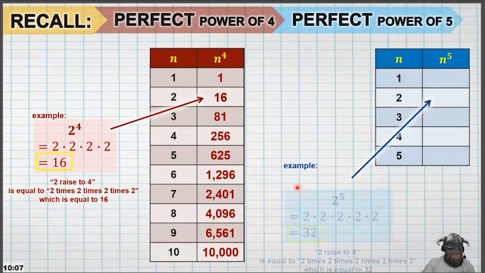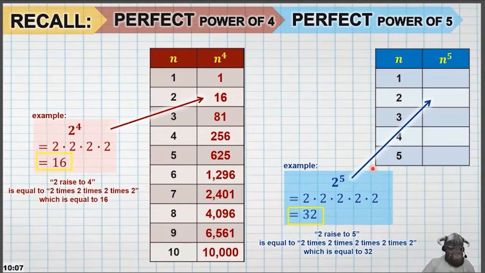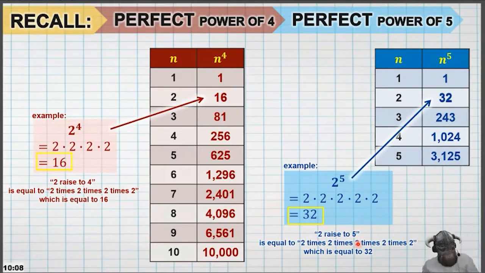And for the power of 5, ganito rin. So 2 raised to 5 naman, kasi power of 5 na siya. So if we interpret that one, that's 2 times 2 times 2 times 2 times 2. That will be equal to 32. So 2 raised to 5 is equal to 32. Yan. So ito naman yung mga perfect powers of 5. So bakit natin to nire-recall? Ito ay dahil gagamitin natin tong mga perfect squares, perfect cubes, and perfect powers of 4 and 5 sa lesson